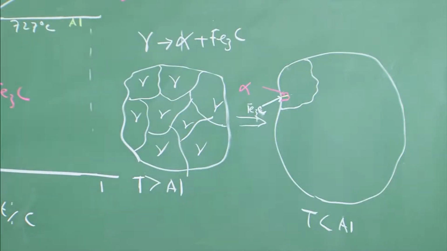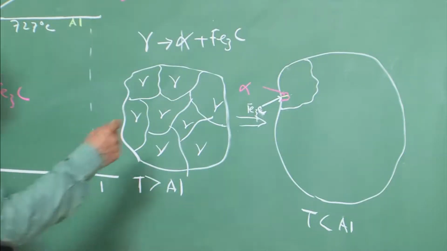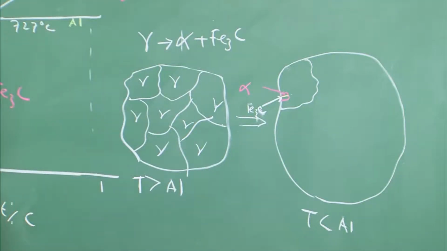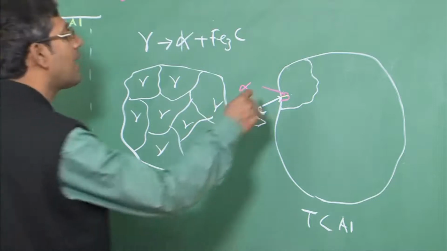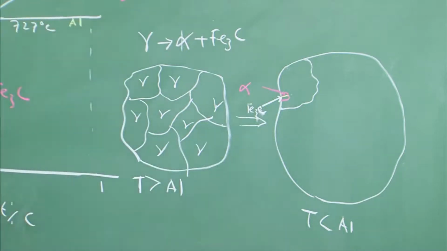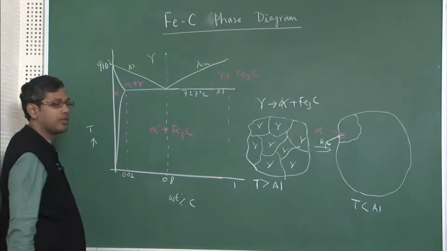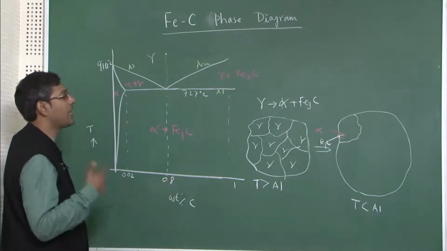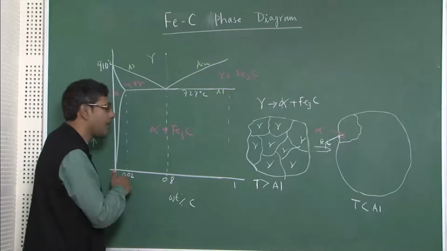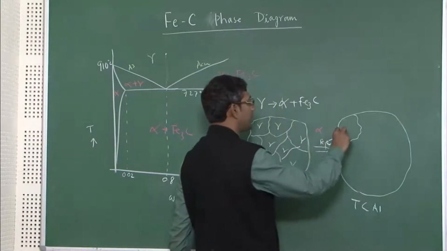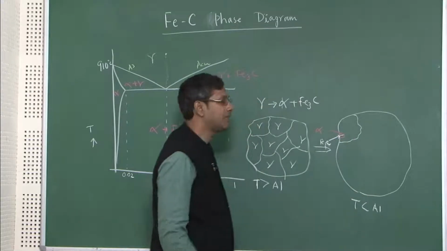So, that means this is the way I can nucleate alpha on both sides of the cementite. Now, alpha contains very little carbon, as you see from the phase diagram, a maximum of 0.02% carbon, whereas my grain has higher carbon concentration than alpha. So, as the alpha grows into it, on both sides of alpha and in front of the alpha